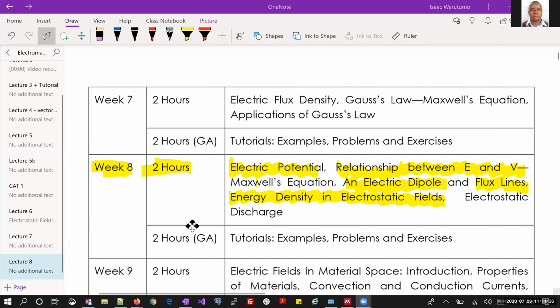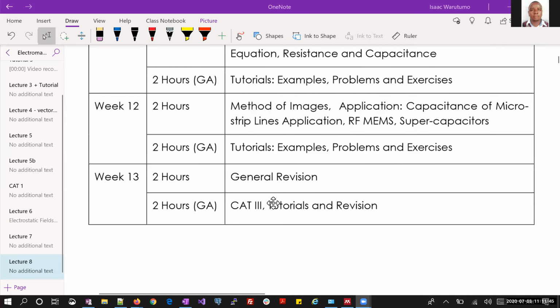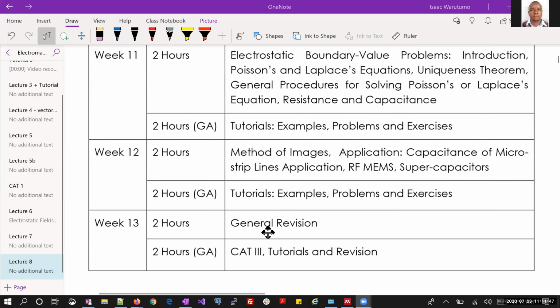Yeah, so as I have mentioned, we are in week 8. We hope to do weeks 9, 10, and up to 12. Most likely, of course, week 13 is general revision, and we might cover that. And as I've been mentioning,